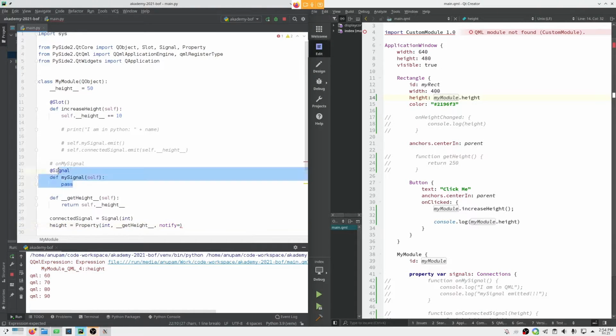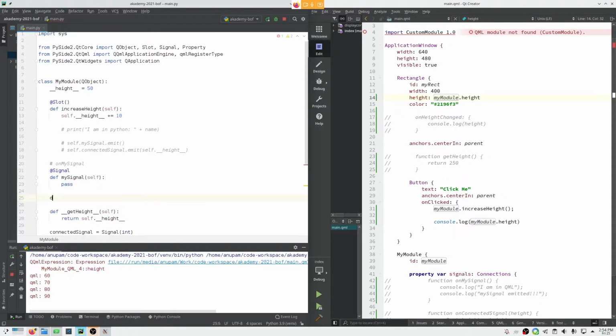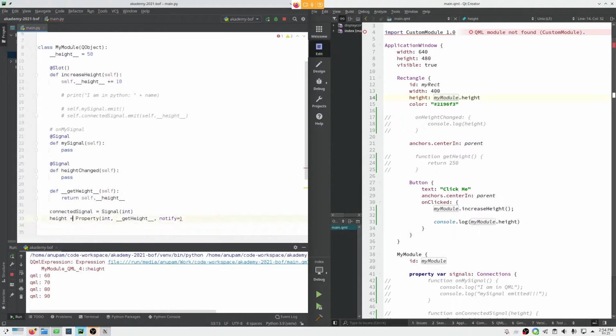To define a signal, we will define a signal like this, def, we will call this, for example, height changed. It will be a signal, and we will associate this height change signal with this property, like what this tells the QML engine that we are defining a property named height.